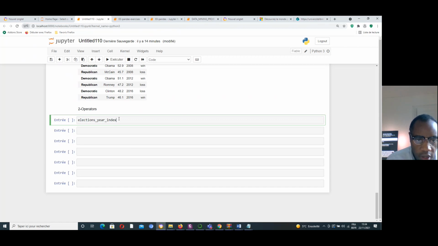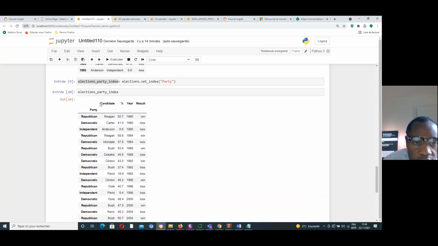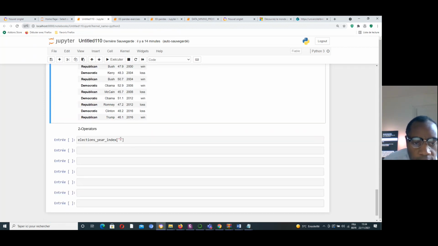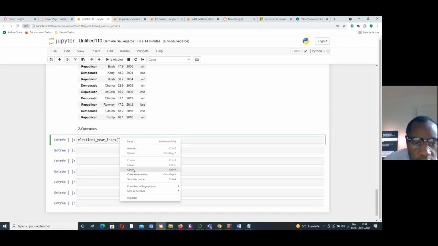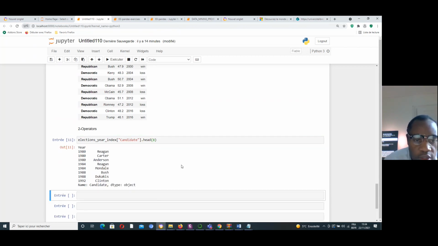If I want to print, for example, one column. Example here is that, okay. But for example, the eight first element.